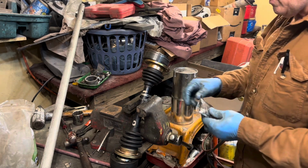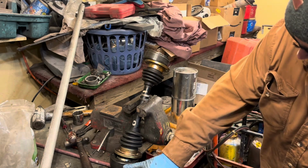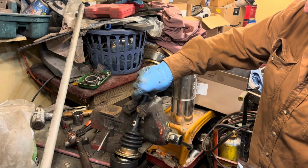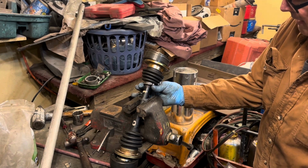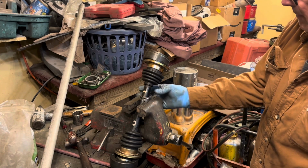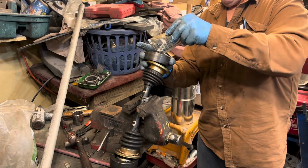Got both the joints on. They're both on the right way. We did one at a time. We didn't mix them up. We got our clamps, pinch clamps. Now we can put our molybdenum grease in. So what we'll do,